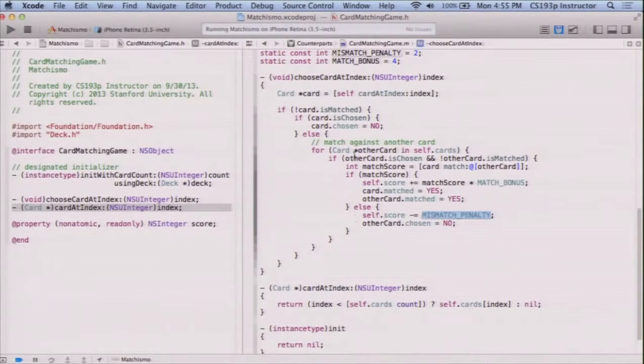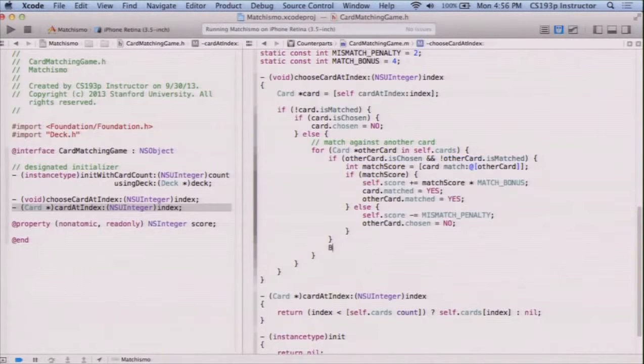The other thing we can do here is if we find this match right here, we can break out of this for. Okay? And that's because we're a 2-card matching game. Once we found a match, we're done. Okay? We found another chosen card. We processed it. We don't need to keep looking for more matching cards. Again, if you have a matching more than 2 and you're collecting cards, you may not be breaking out of this loop down here. The other thing I wanted to do here is